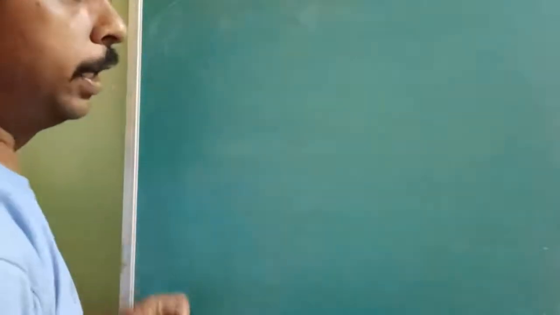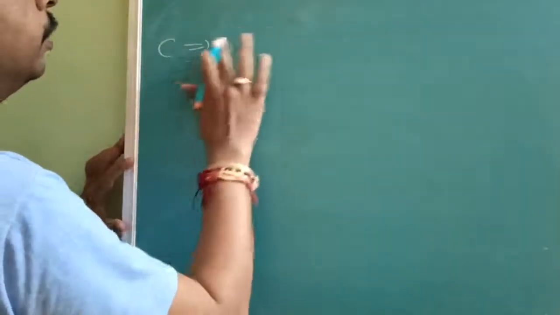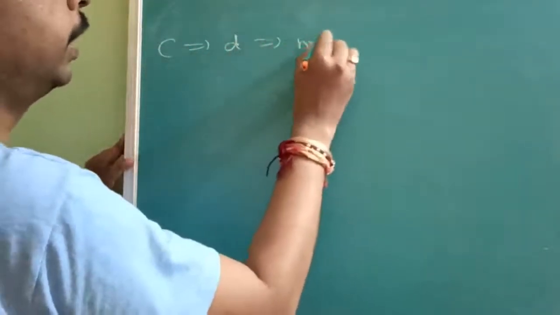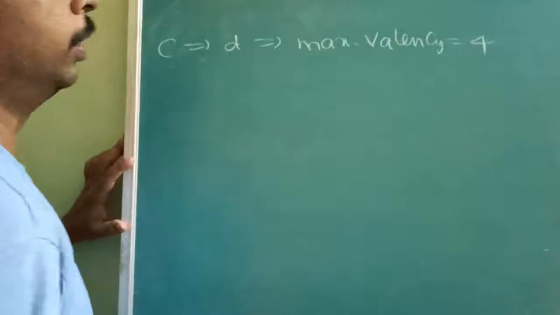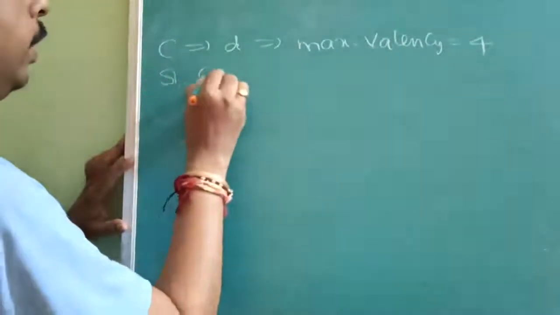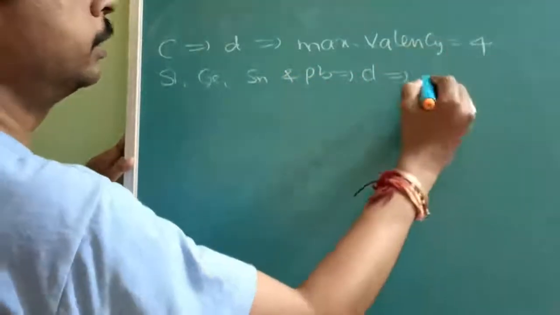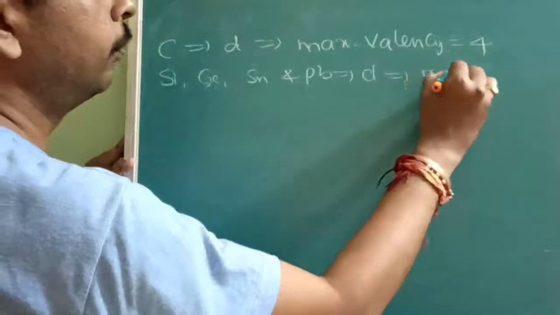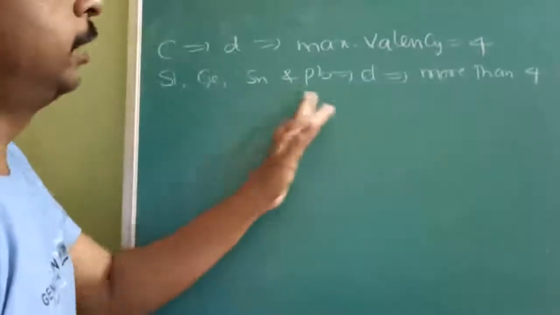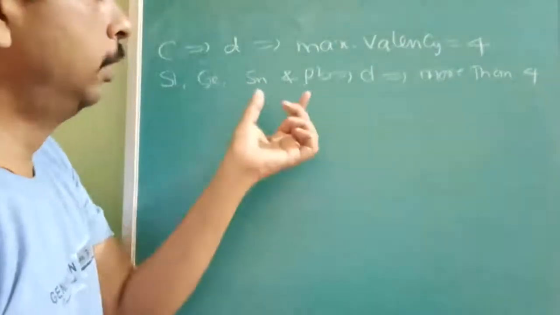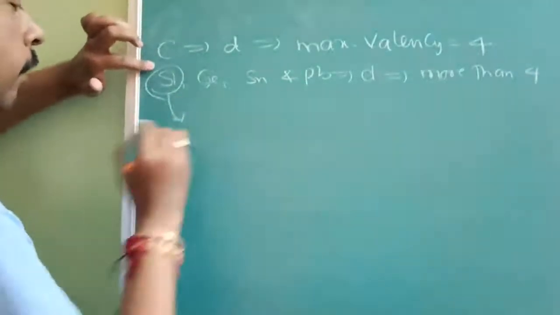Everything I have explained, and some more questions will be there. Other than carbon, carbon does not have d orbitals, so its maximum valency is 4 only. But silicon, germanium, tin and lead have d orbitals, so they can extend valency more than 4 if required, but their tendency to form more than 4 also decreases due to the increase in size. Still, there are some very important questions based on silicon.